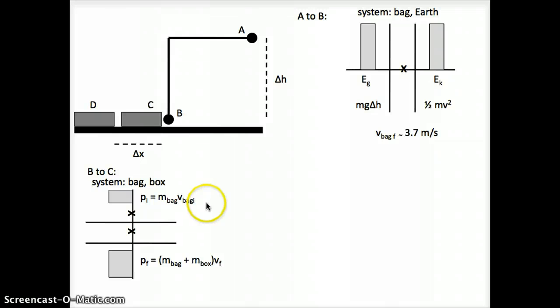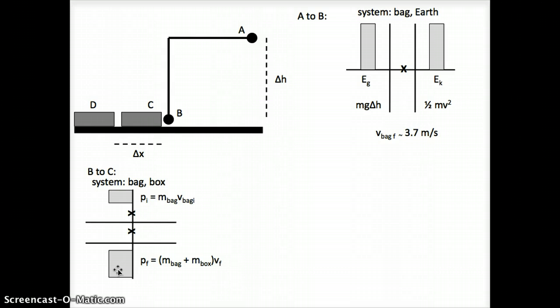And all I'm saying here is that the initial momentum, which is just the mass of the bag times the initial velocity of the bag, is equal to the final momentum, which is the mass of the bag plus the mass of the box moving together at some final velocity. I made this bar wide just to show that it's actually the bag and the box moving together. But essentially all I'm doing with this bar chart is showing that the momentum before is equal to the momentum